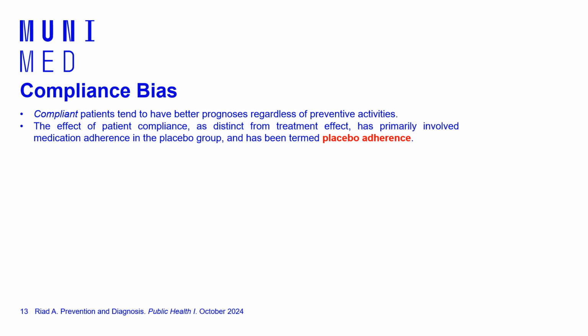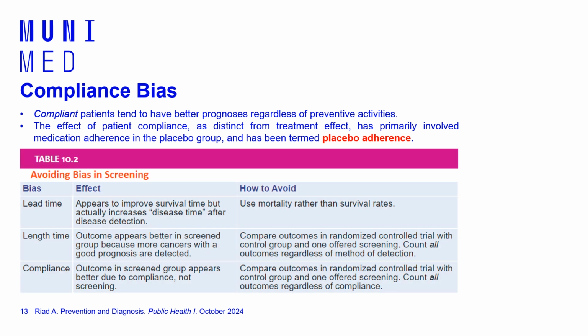That's why they are more motivated to take screening services, and that's why they could have better compliance toward the treatments, and that's why they could have better outcomes compared to those who have lower education level, and that's why they are more resistant to get screened, and that's why they don't want to be screened. And definitely their outcomes could be worse than those who have compliance. Okay, so these are the three types of bias.